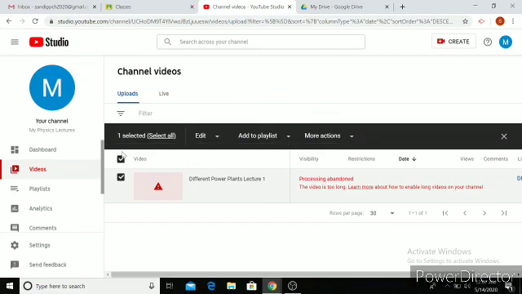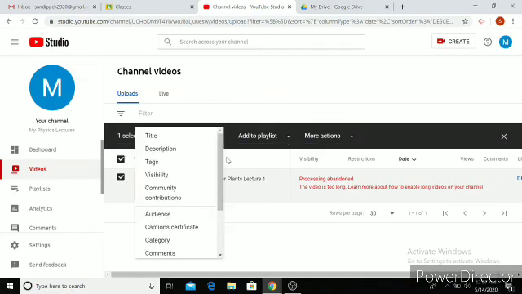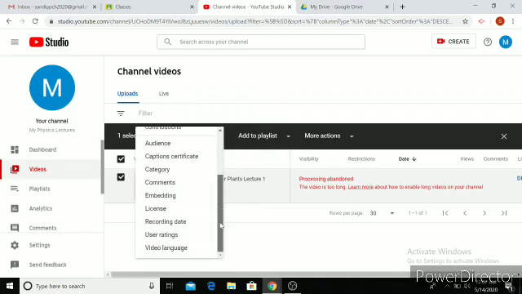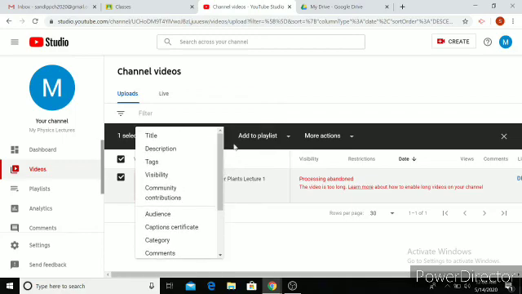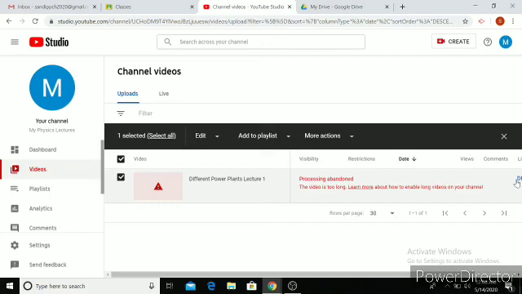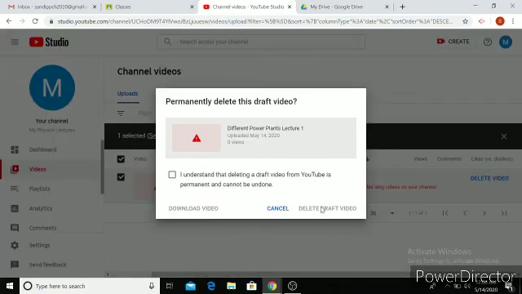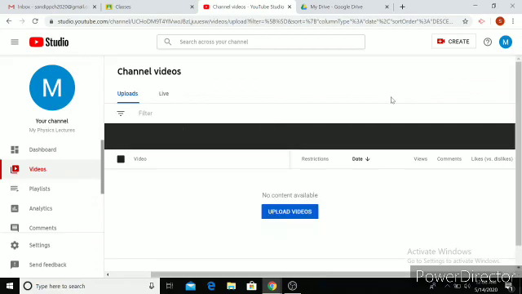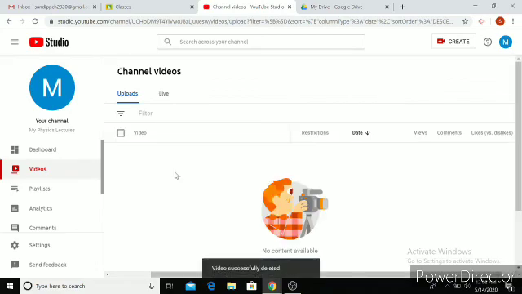If you want to remove a video, you can come here and go for edit, and then you can delete your video. So we can also delete our videos, that's also an option. This is basically talking about the other options that we usually have here. If you go back on this side, you can see there is an option to delete video. You can delete the draft video because this is not yet published. If you have it published, you will have a sharing link here, and then you can go and share it in your classroom.